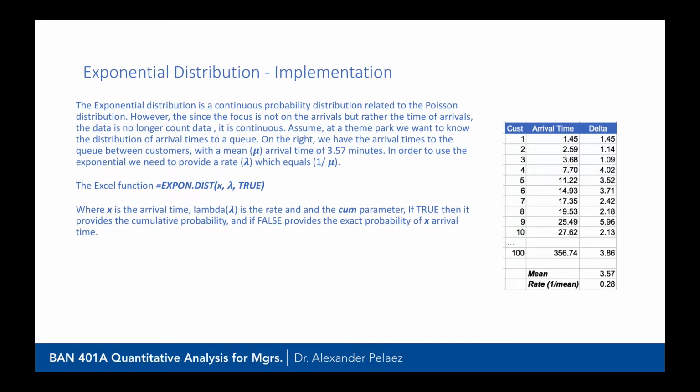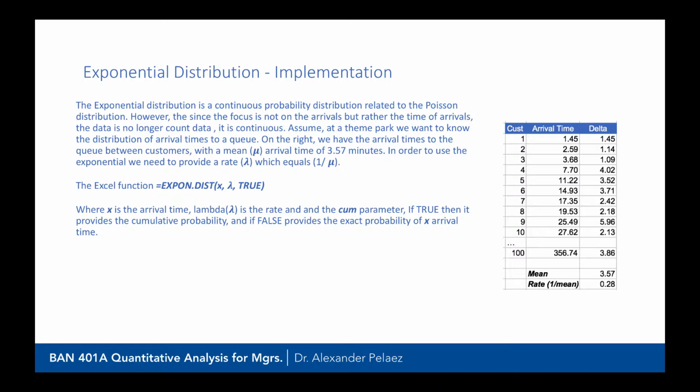So now let's look at the exponential distribution. Again, this is a continuous probability distribution. It's related to Poisson, but it focuses on the arrival times rather than the actual counts. So we're not looking at count data. It is continuous. Where would we use this? Well, assume we're at a theme park and we want to know the distribution of arrival times to a queue. On the right side, we have some arrival times to the queue of customers, and with a mean of mu and an arrival time of